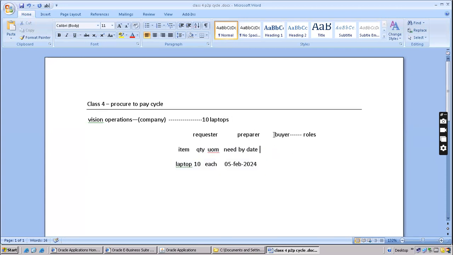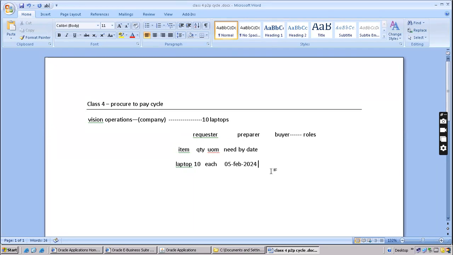And from Kolkata, those people will buy the goods. It depends on the company. So the requester, preparer, and buyer roles can be played by a single person, or by different people from different locations. I'll show you where the preparer, requester, and buyer are.